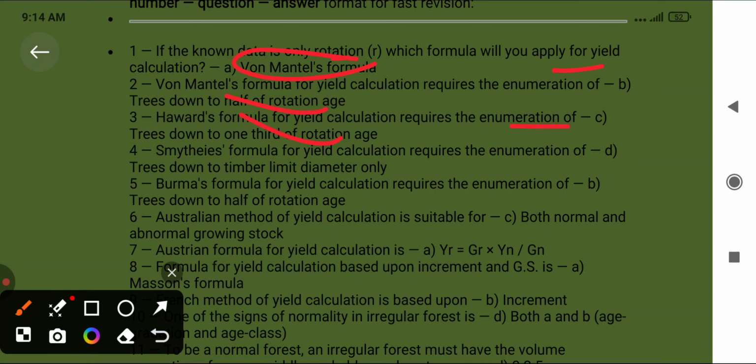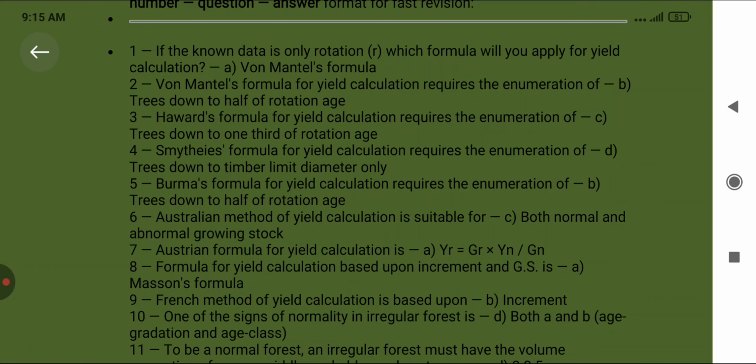Smith's formula for yield calculation requires the enumeration of trees down to the timber limit diameter only. Burma's formula for yield calculation requires the enumeration of trees down to half of the rotation age. The Australian method of yield calculation is suitable for both normal and abnormal growing stocks. The Australian formula for yield calculation is YR equals GR into YN by GN, and